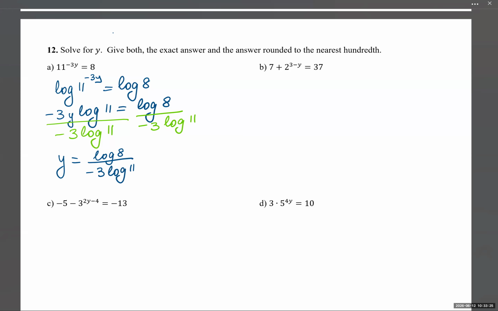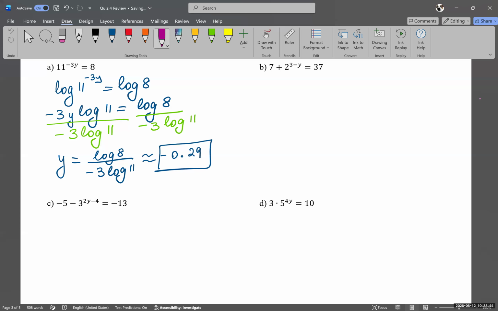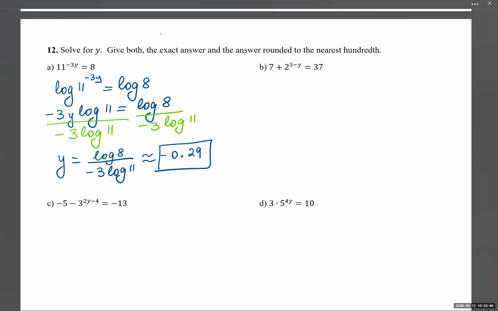Notice we're not putting anything into a calculator until the very end. Now you're ready to put it into a calculator and get the result. Negative 0.29 on this one. If you round the intermediate computations, you will probably end up with a round off calculator error. Part B, we need to isolate the exponential on one side, which means we have to subtract 7 from